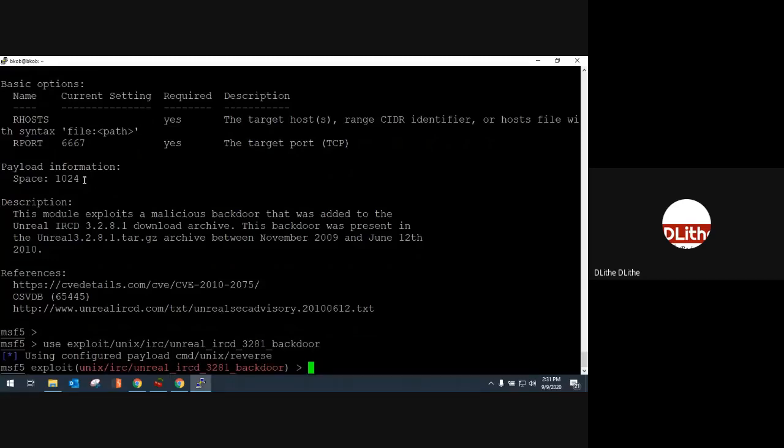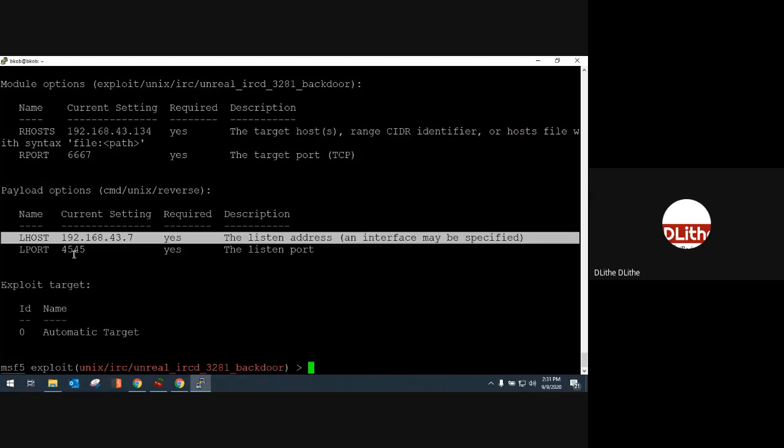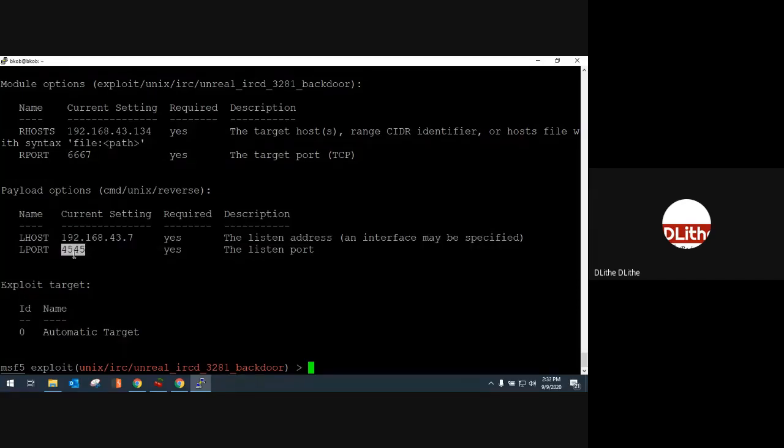Once you import it, we use show options to see all the options that are visible. In this case, since I've already set it up, that's the reason it's giving you values. But in a real case, when you open it for the first time, obviously you'll have to set the RHOST, you'll have to import the payload, and after importing the payload, you have to set up the values of LHOST and LPORT. Once everything is ready, you will have to verify all the details, whether they are accurate or not.